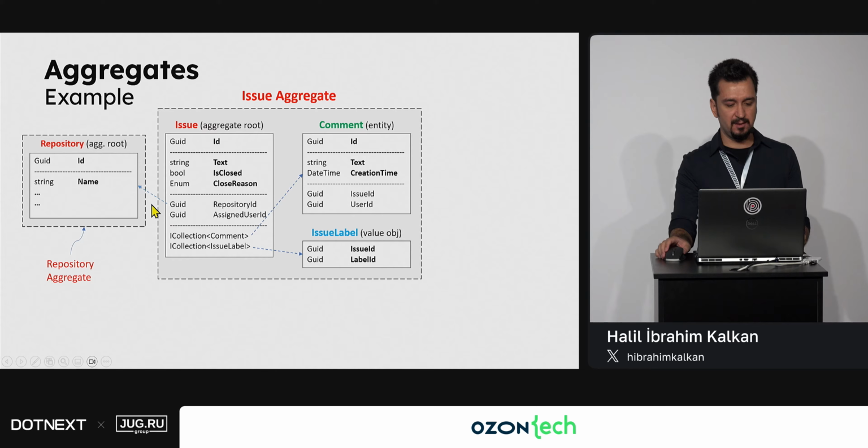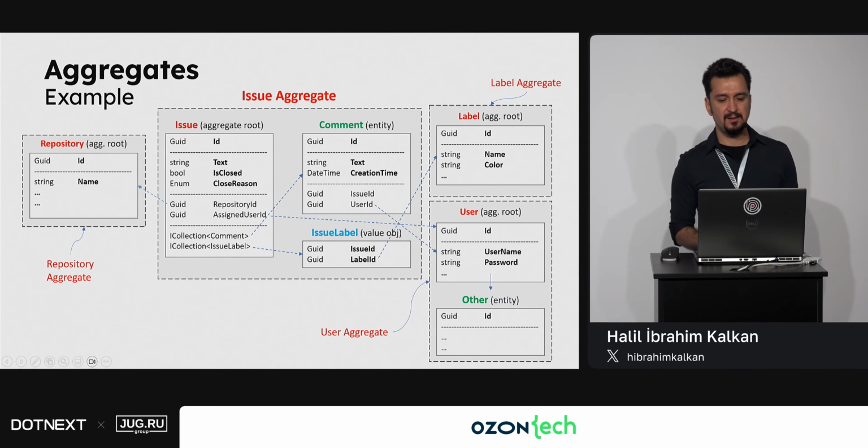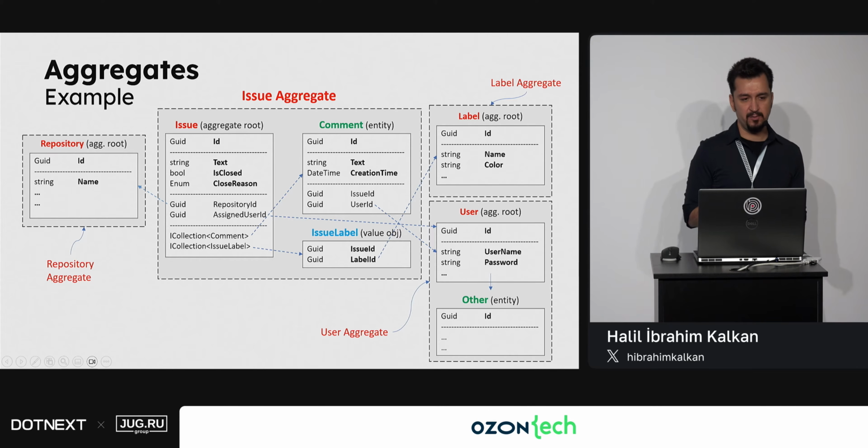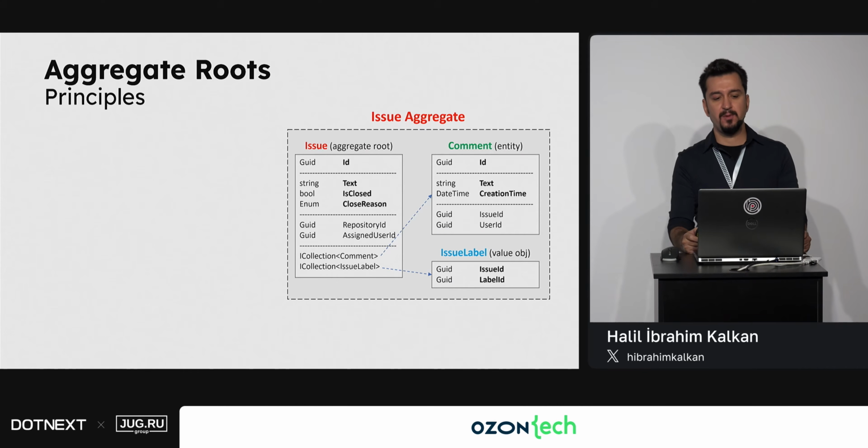Repositories have a reference to the repository entity, and we have a reference to the label aggregate also, and user aggregate. This is the typical model. We will give examples based on that. So let's start with the